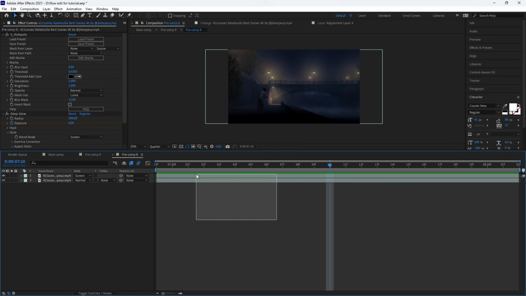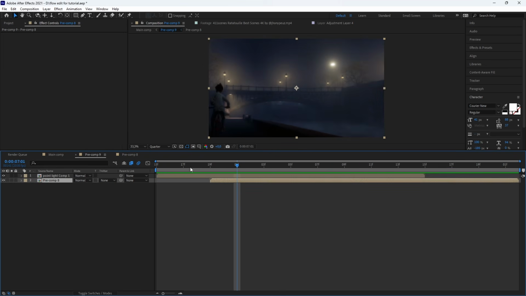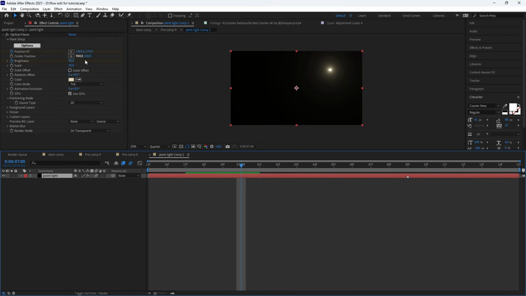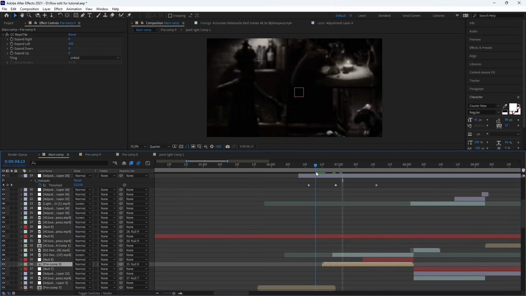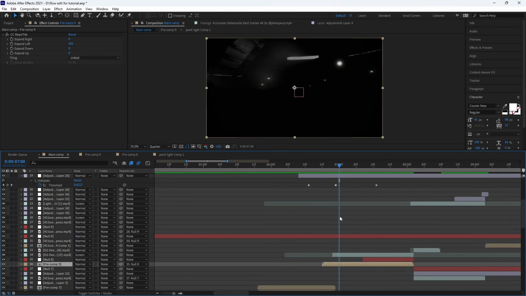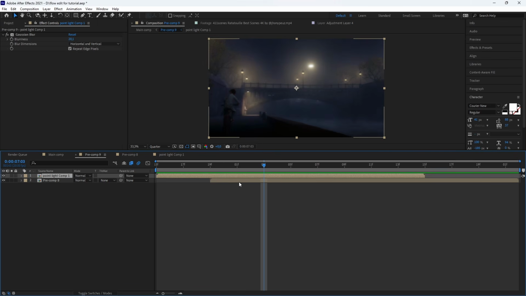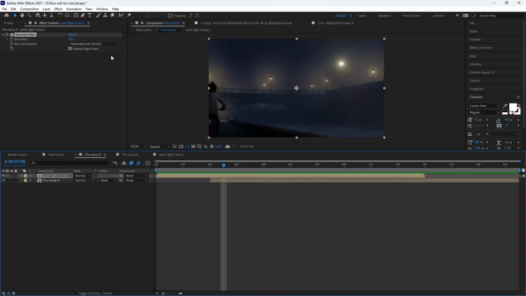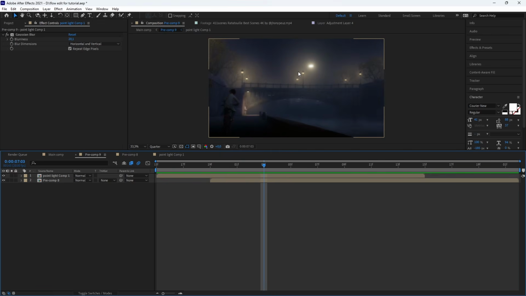Boom, that's it. Then I pre-composed it, and now I played with the flare right there, and that's exactly the same as what we saw earlier, with the same settings, nothing crazy. You can just change the color if you want. And I changed the scale to 35 because the main source here is smaller, so that's why I put it to 35. But the rest is the same, just Gaussian blur that I increased to 21. Of course, make sure that you play with the settings to fit your clip.